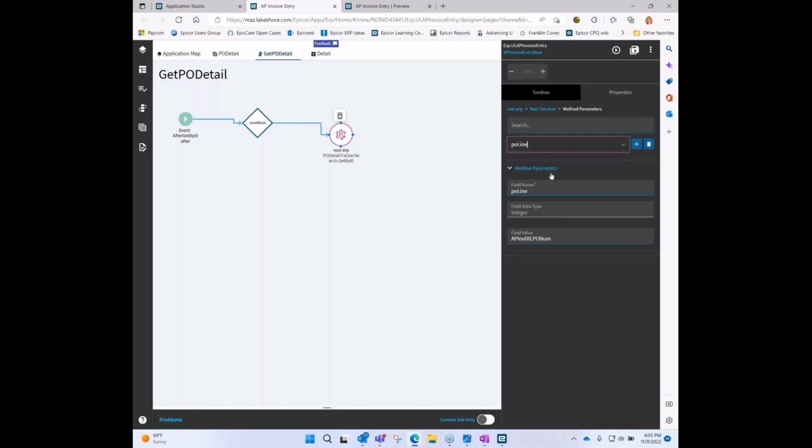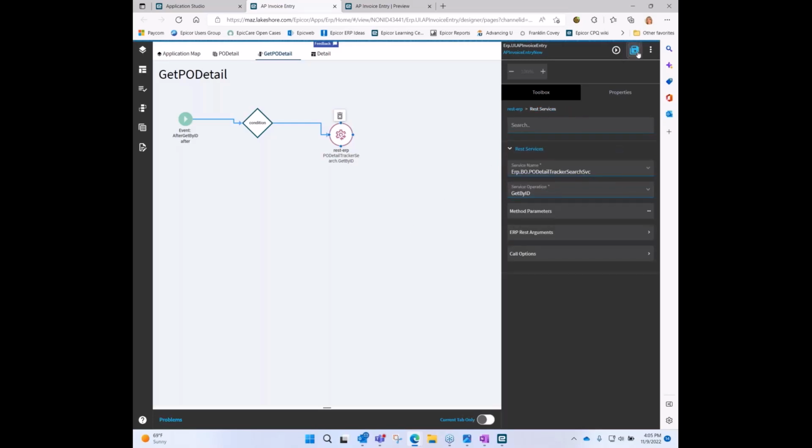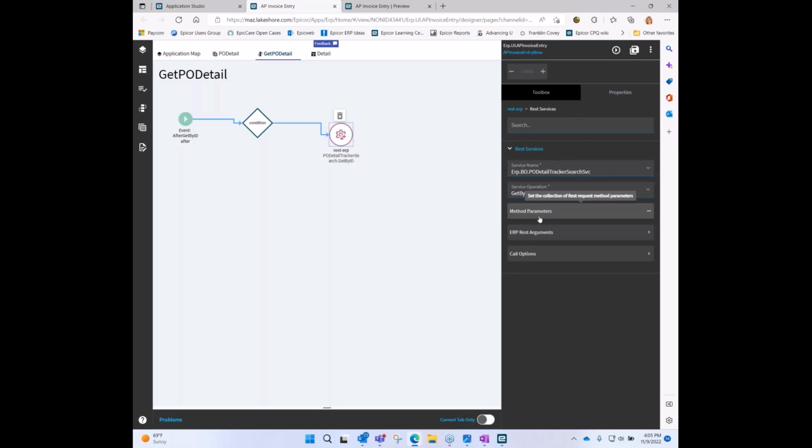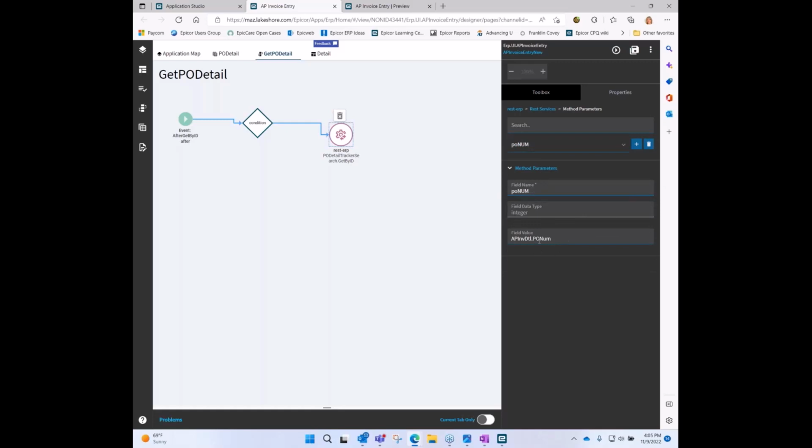Yeah, AP invoice equals that PO line. So long as that PO number, if it's 0 or null in this instance, if it's greater than 0, continue. Let's go back to that parameters real quick before you hit the preview for your PO num. On the REST ERP, because I think we might have specified it wrong. Go to method parameters. Your PO num is AP INV DTL. So you might want to grab that, copy that text,